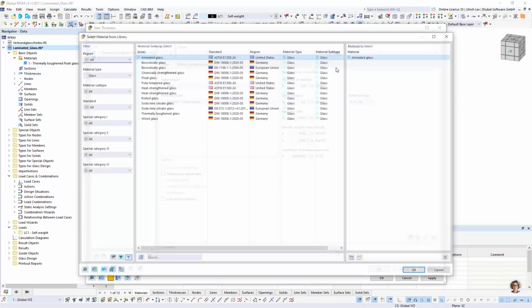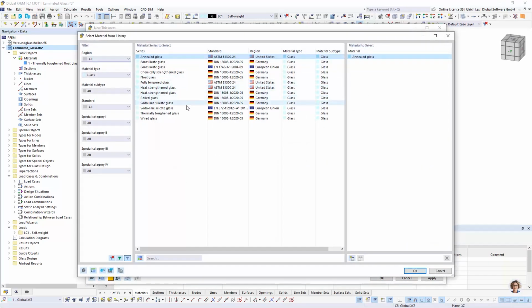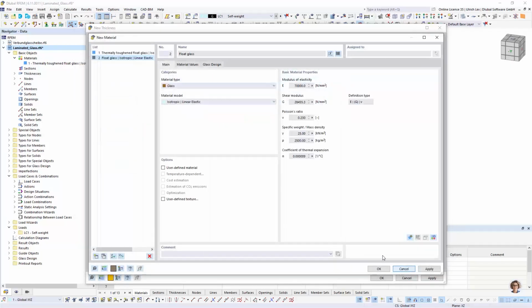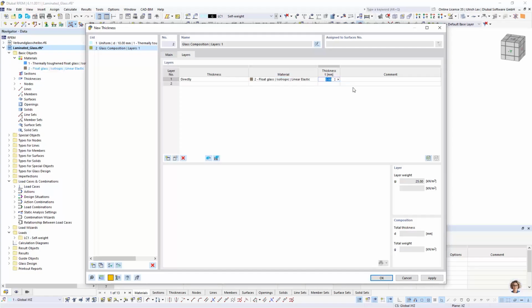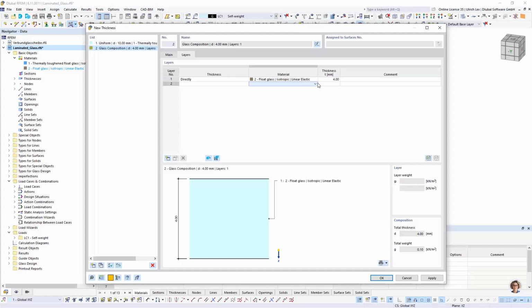Go to the material database, choose maybe only float glass, and you create a new material. Here you have to insert the thickness of your glass composition, and you can continue with the next